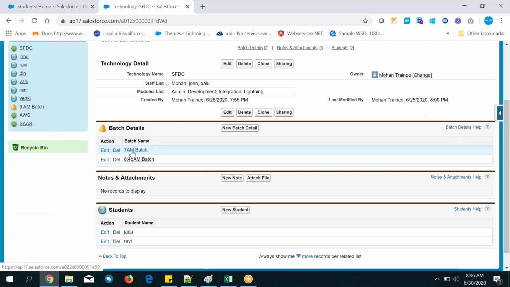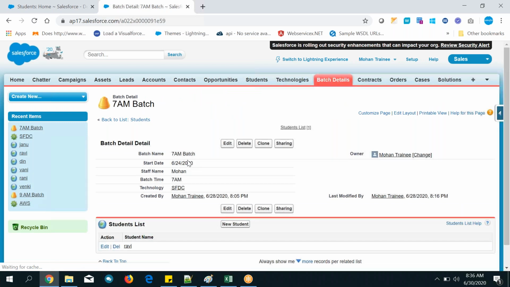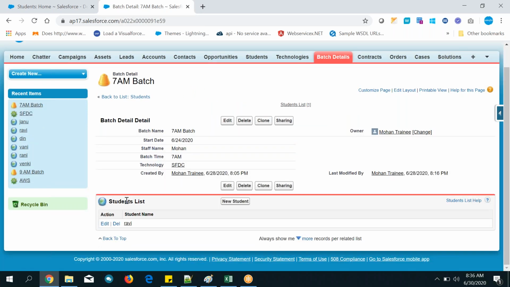If she goes like this, the 7 a.m. batch, she can open it like this. The 7 a.m. batch is there, and the staff is Mohan. Already a few students have joined, the batch timings are there, and the start date. She can tell: you want to join this batch or not? Can you see the flow?